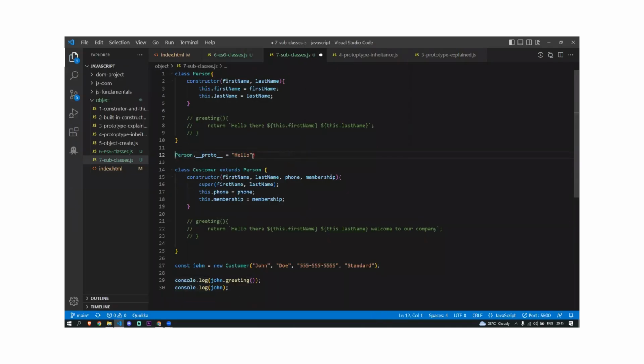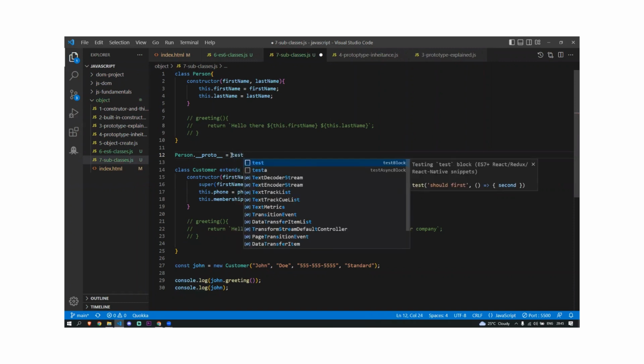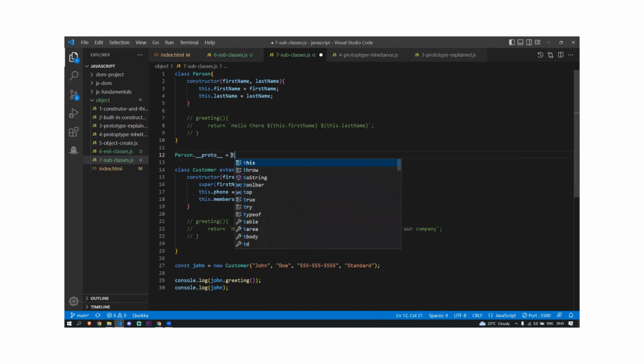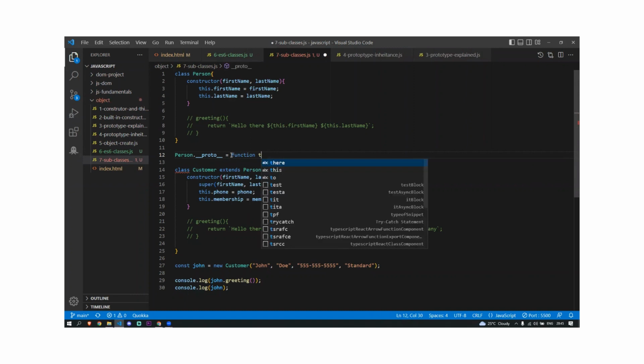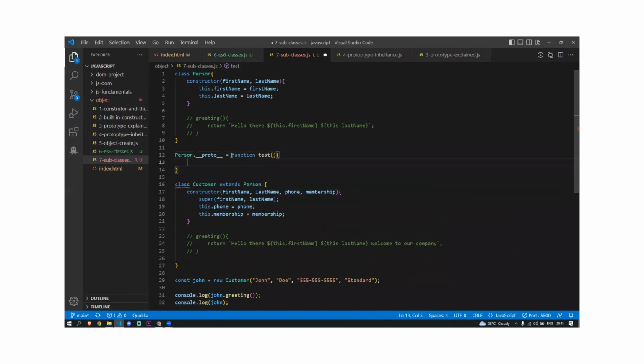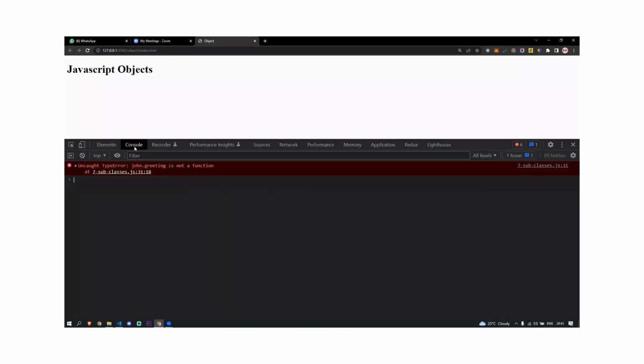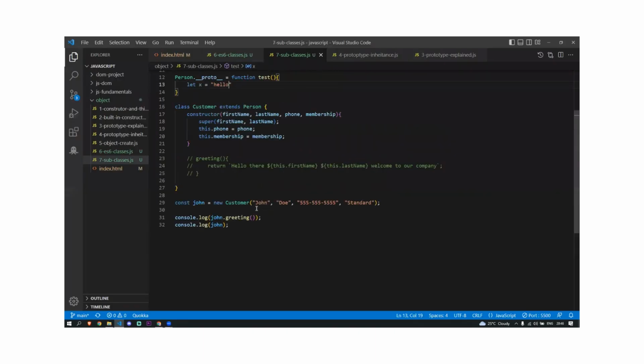Console.log is equal to test, equal to function test. Just put that. Okay,